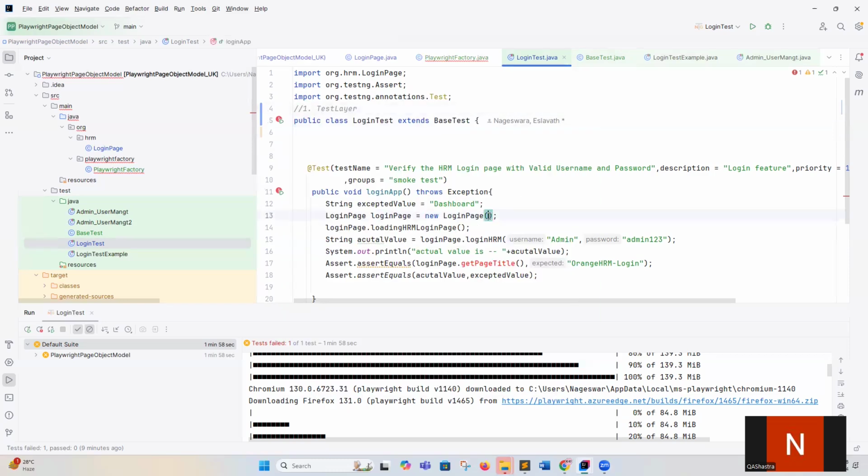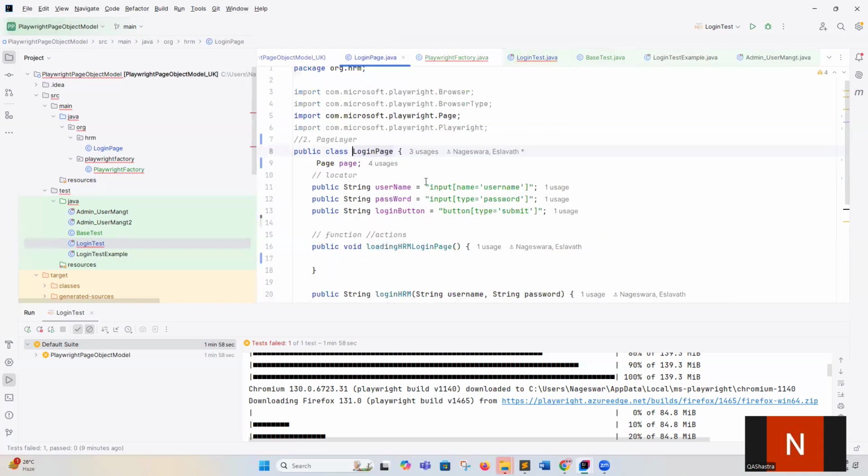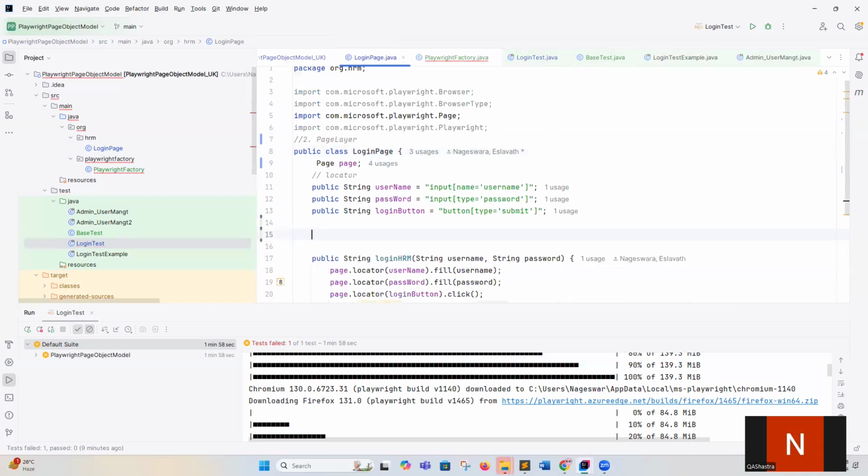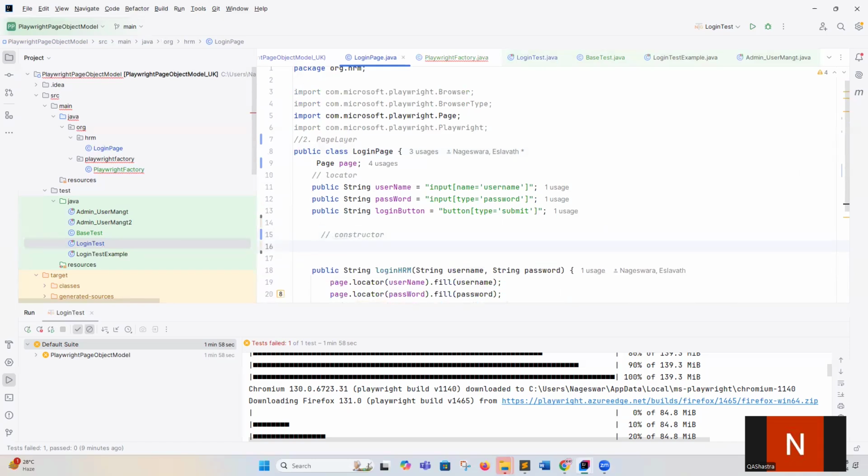One second, let me. So the page object is there, but the constructor does not have this one. Let me go to here. We can create one constructor. What is the constructor creation? Public